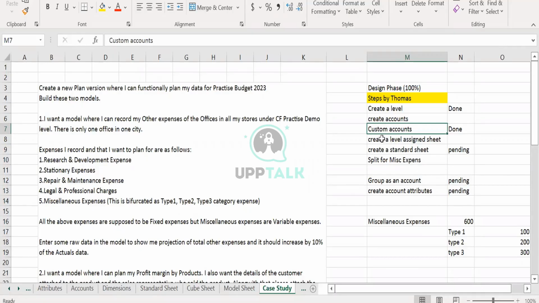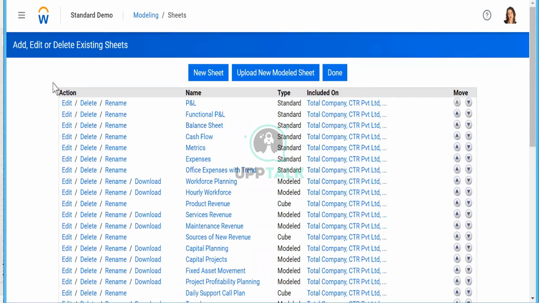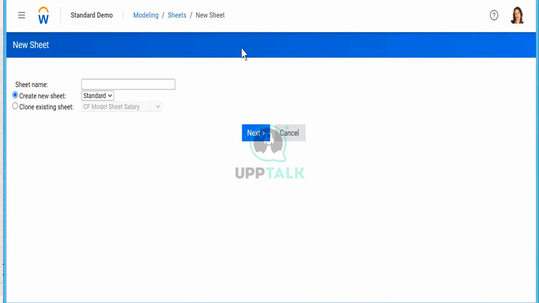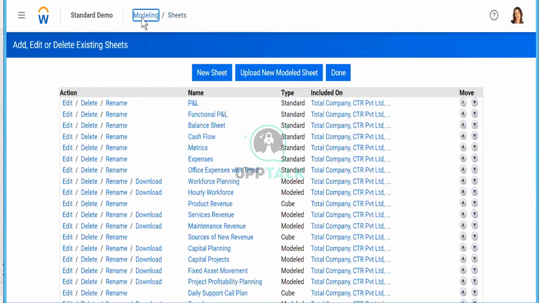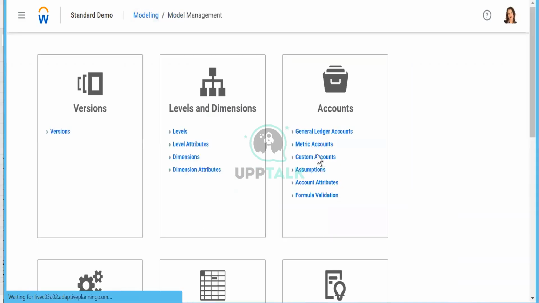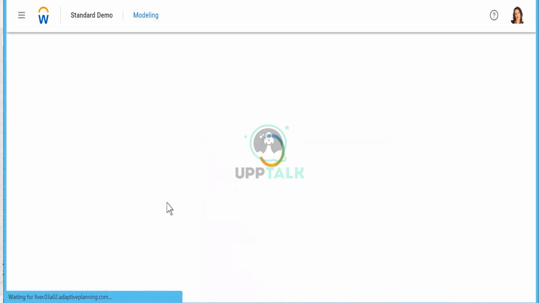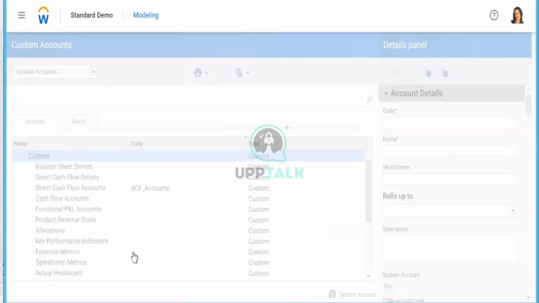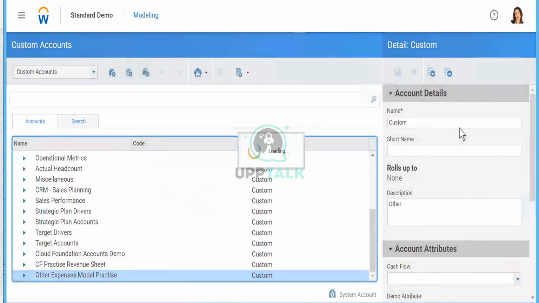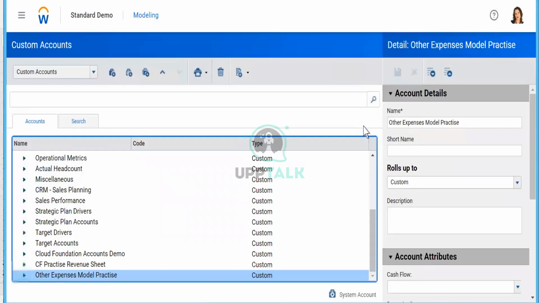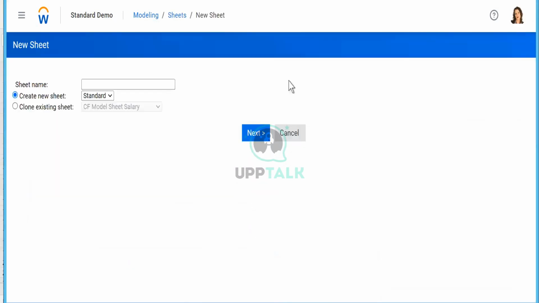We are doing these steps now, standard sheet creation. How do we create a standard sheet inside modeling? We go to level assigned. We click on new sheet. I want to give the group name. What is the group name that I gave actually? Let's keep the same name. The group name was this, other expenses model practice. We'll copy this. The name is